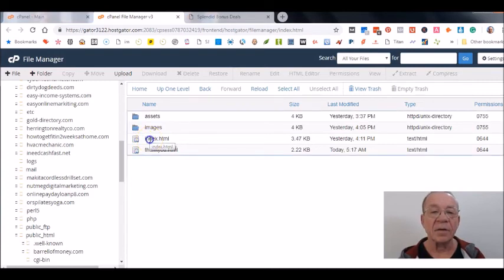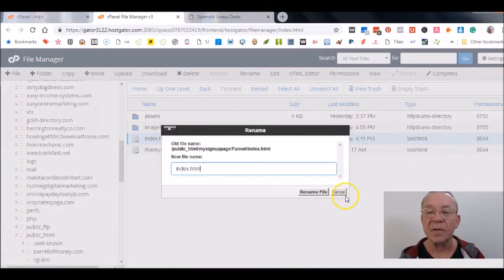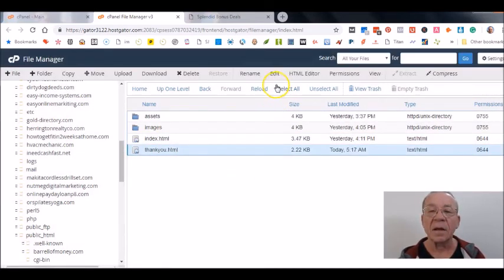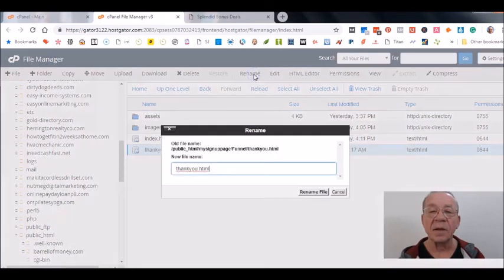So then if you do this, rename it again. No, not the index file, sorry about that. Go to the thank you page. Rename it again without renaming it, and just go here and highlight this URL right here, and then you're going to have to go back to your